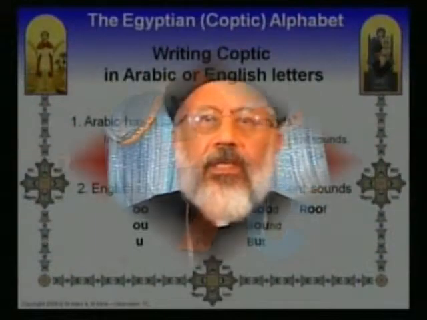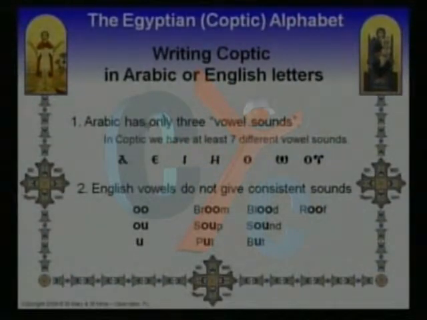There are a few observations here I want to mention, and that is sometimes people try to write Coptic in Arabic or English letters, and this causes a problem, and I'll show you how. In Arabic, we have only 3 vowel sounds. They are the A, E, and U. So when you write the Coptic in Arabic, you're missing 4 of the vowels, because in Coptic we have